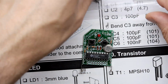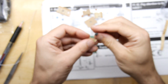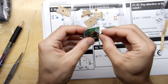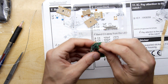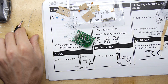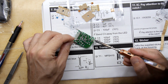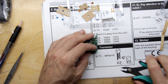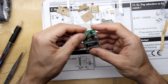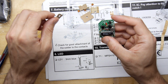Looking good. Right. Now we're down to the guess the components. So we've got one of these things. Looks like a transistor. There can be only one. What could go wrong? And now I'd say this would be